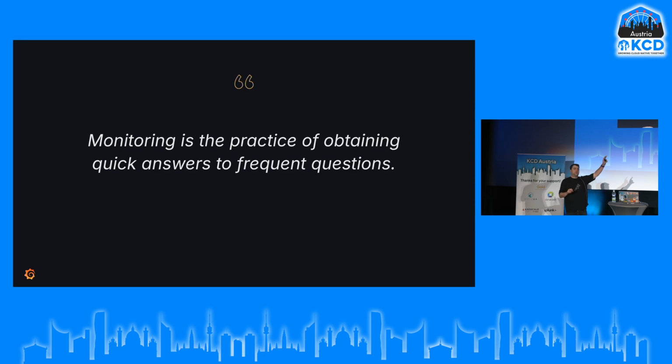So what is the CPU usage for my fleet of servers? What is the memory consumption? What is the latency? Perhaps I have a RED dashboard, right? So request, error, and duration. Those are questions that I had upfront, and I encoded the answers on my dashboard, and I can have quick answers to my questions just by looking at that dashboard. Observability is when I need answers to questions that are not on my dashboard.